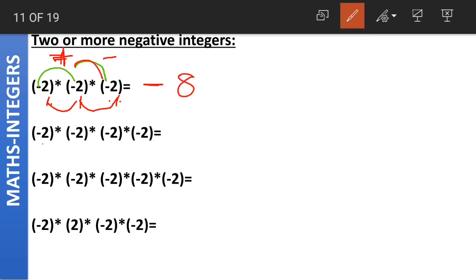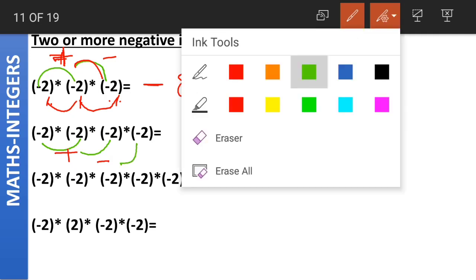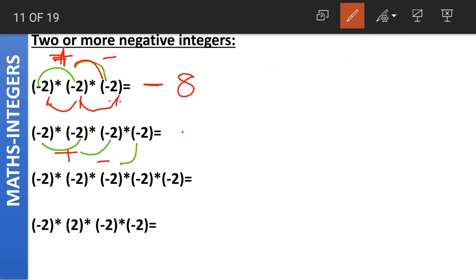Coming to the second one, again minus into minus gives us what? Minus into minus gives us plus. Now this plus into minus gives us what? Plus into minus gives us minus. As both the signs are different, the result is negative. And this minus into minus, both the signs are same, so the final answer will be positive. Is this clear? Minus into minus gave us plus. Plus into minus is minus. Minus into minus is plus. Now coming to the absolute values, 2 2s are 4, 4 2s are 8, 8 2s are 16.